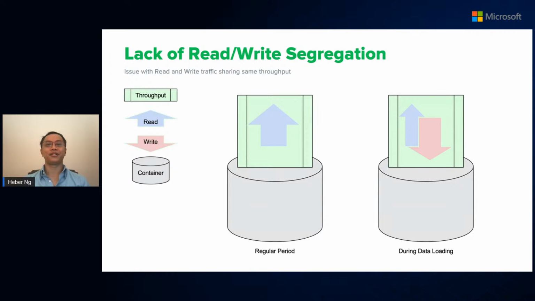So now, having showcased some of Cosmos DB's strengths, it is not without some downsides. The biggest one being that Cosmos DB does not have segregation between its read and write traffic provisions. Both read and write traffic of the Cosmos DB share the same amount of throughput that is being provisioned. So when one side of the traffic gets high, it will eat into the bandwidth of the other,